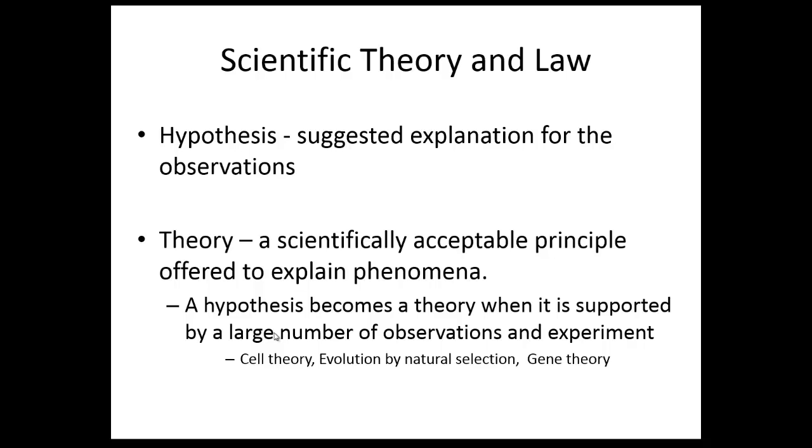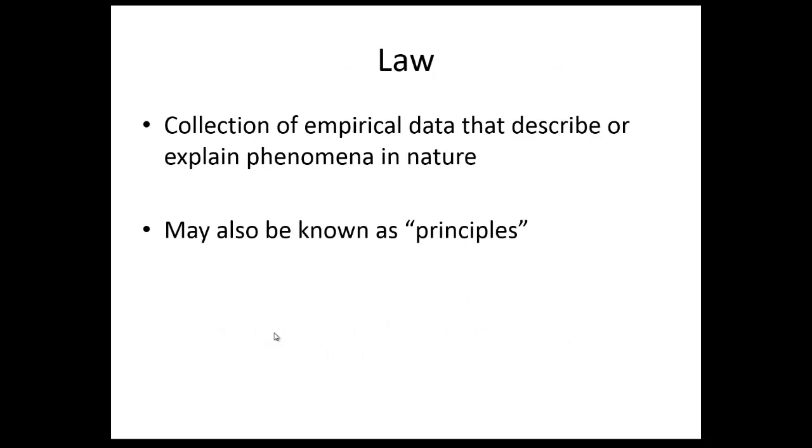That's the difference between a theory and a law, because a law is something that just is observed, but we can't really explain why. We don't know why it happens, but we know it just happens. For example, the law of gravity. We know when I drop an object without friction that it falls at a rate of 9.8 meters per second squared. Now, can we explain why that happens? No, but we do know that it happens, and it can be repeated over and over and over again with the same results, so then it becomes a law.